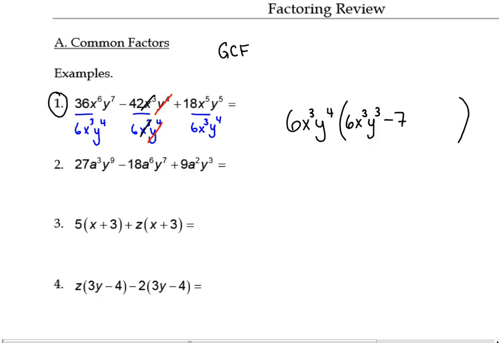Okay, plus 18 divided by 6. 3. X to the 2. So 5 minus 3 is 2. We take 3 x's out of x to the 5th. We have 2 x's left over. And last, y to the 5th divided by y to the 4 is y. Okay,